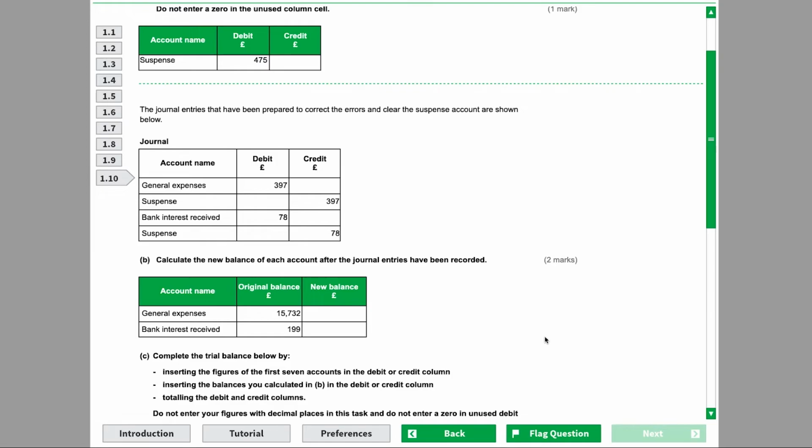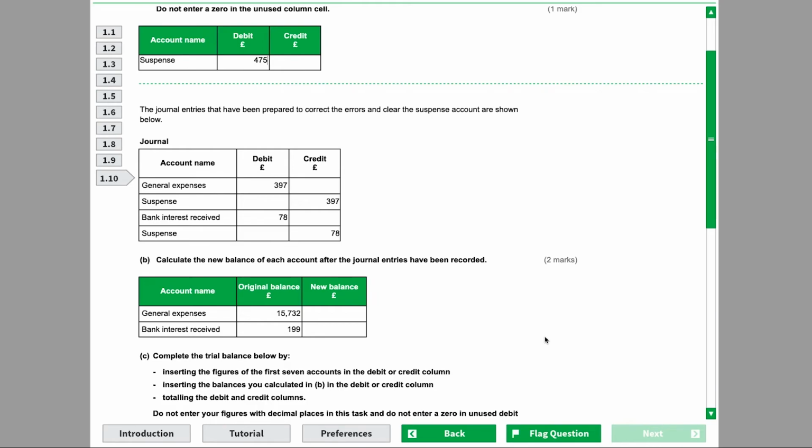Well, firstly, we have general expenses, which has a balance of 15,732, and expenses would be a debit. So if the journal entry is a debit entry of 397, this would increase the balance on the general expenses. So the balance would therefore be 15,732 plus 397 to give us a new balance of